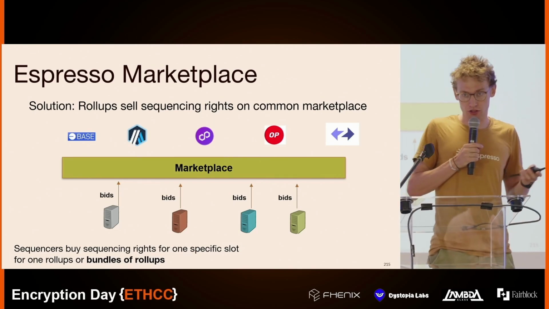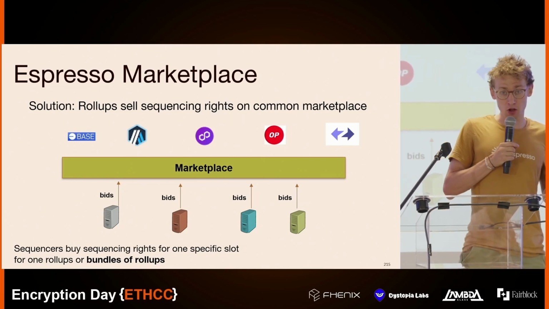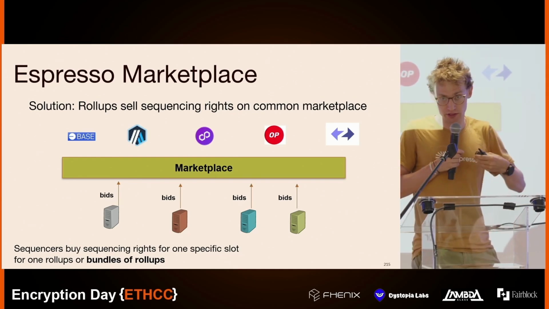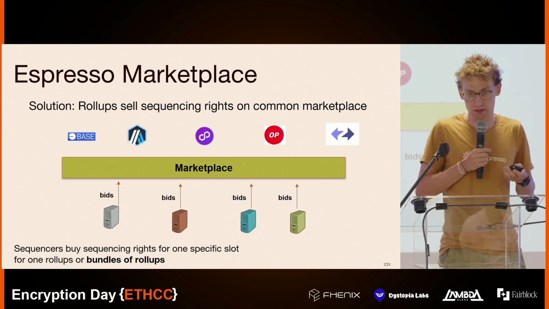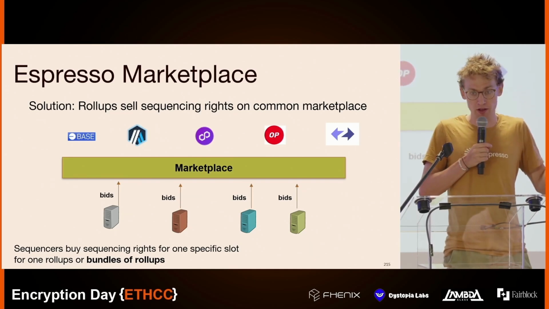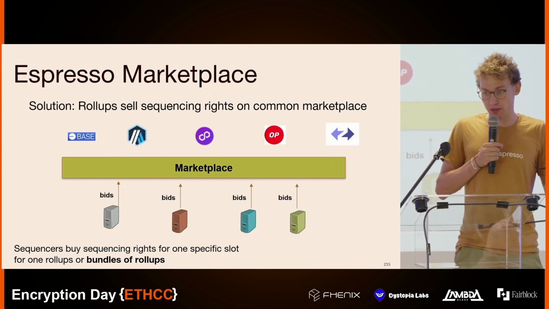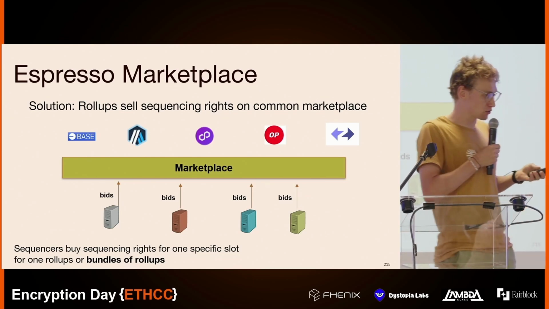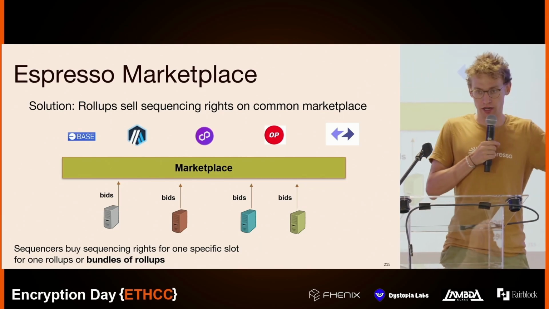So our solution to this is to build a marketplace where rollups can sell their sequencing rights. The other important factor is that these sequencers can make money through MEV or through collecting sequencing fees. So rollups don't want to give up that right. But what we can do is that rollups, instead of giving up that right for free, what if they're willing to sell it? And so now we have different sequencers, and they can bid on these different